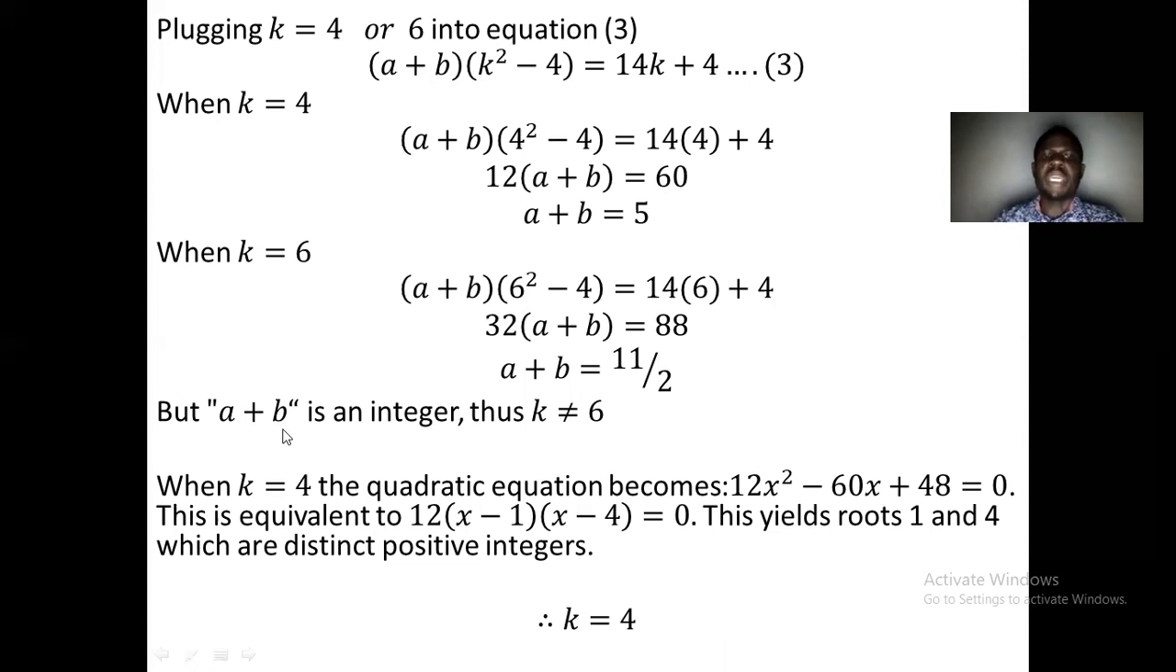So when we plug k equal to 4 into our original equation, it becomes 12x squared minus 60x plus 48 equal to 0. And this is equivalent to 12 times (x minus 1) times (x minus 4) equal to 0. This yields roots 1 and 4, which are distinct positive integers. Therefore, k has only one value, and that is